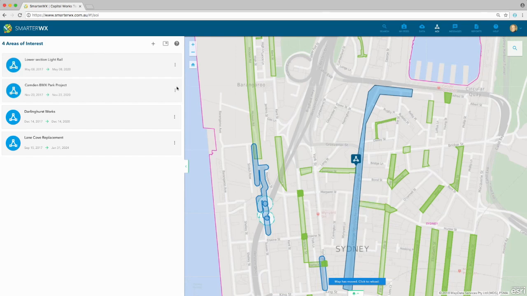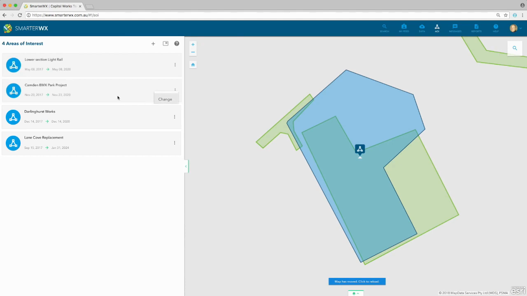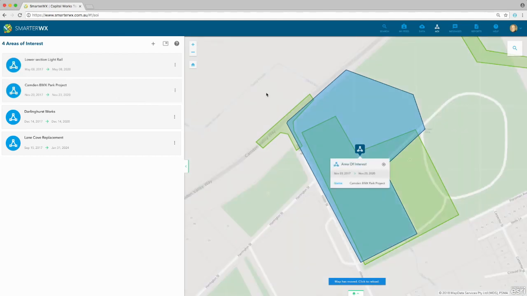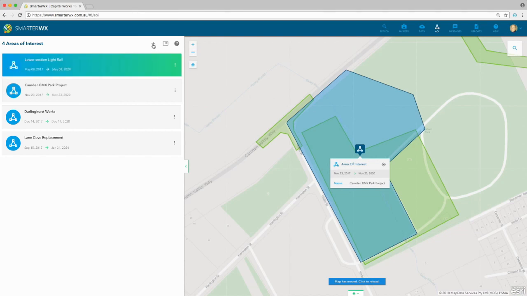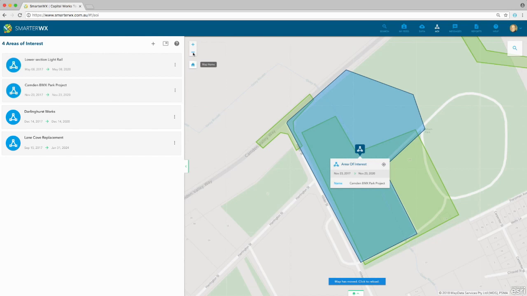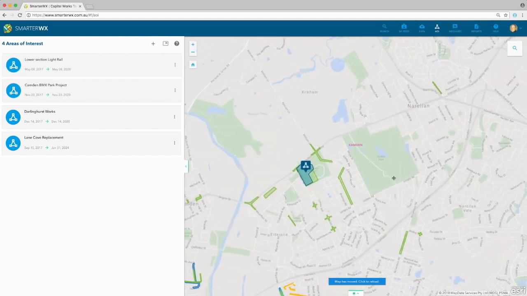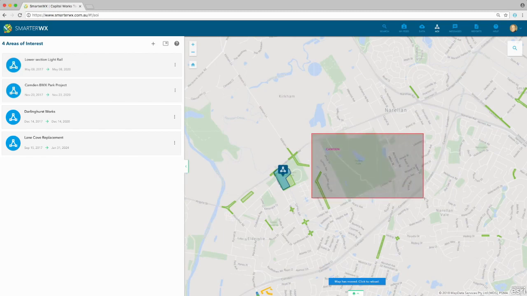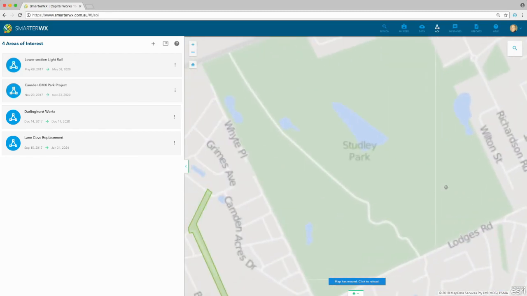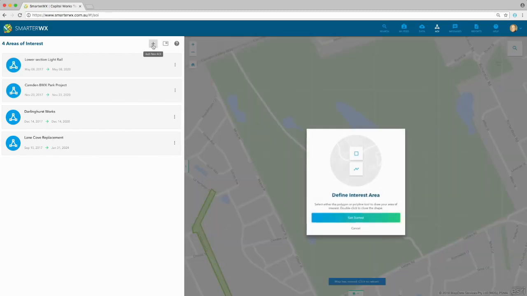From my list of areas of interest on the left-hand side, clicking on any of them will jump me straight to that area on the map. Great way of being able to have some favourite areas that you're watching, and you can go and see what's happening within SmarterWX. To add a new one, we're going to click plus. But before we do that, let's position the map to an area where we want to add our area of interest. This will do. I'll do it around this park. So click on add,